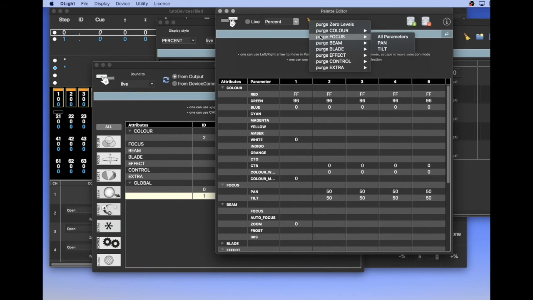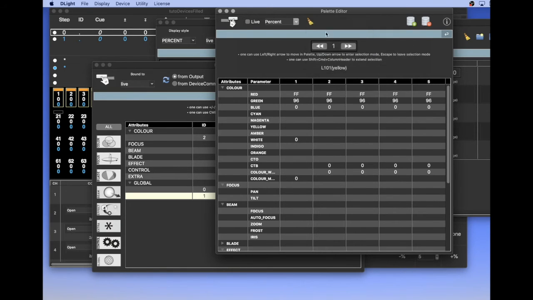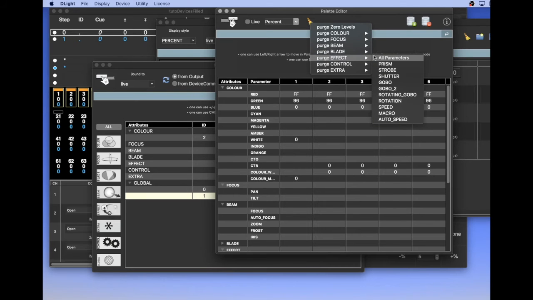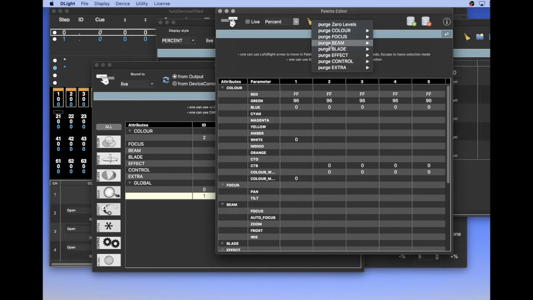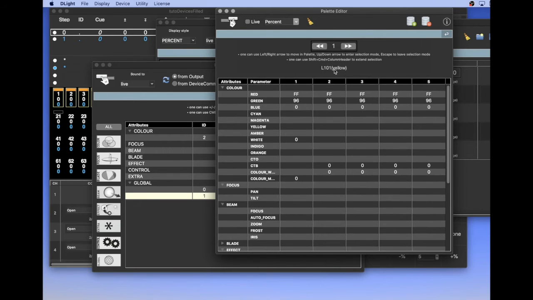So if I purge the focus, idem for the beam, idem for the blade, idem for effects, same for control, and same for extra. Now my palette is a pure color palette.